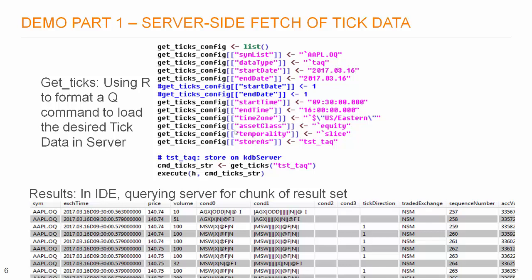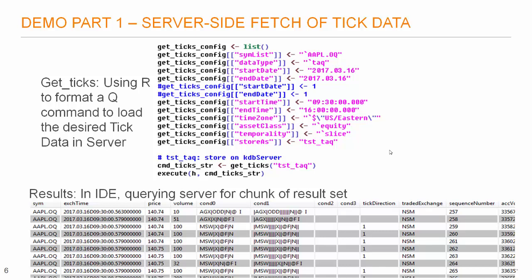An important point that I want to make before I do that is that the input variable here to the getTicks function is the variable name that gets stored on the server. It tells velocity analytics that the data that we're requesting has to stay on the server and not, at this stage, be uploaded or in this case downloaded to the client. We don't want to be downloading large amounts of tick data at this stage. So what I'm going to do now is